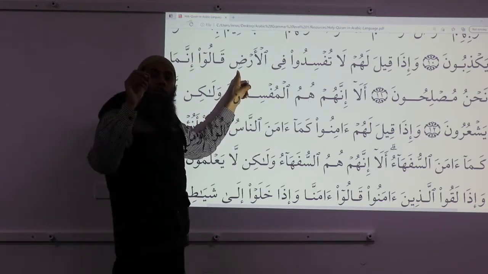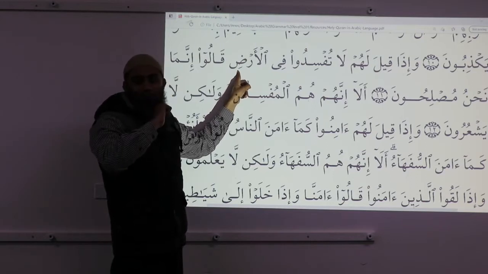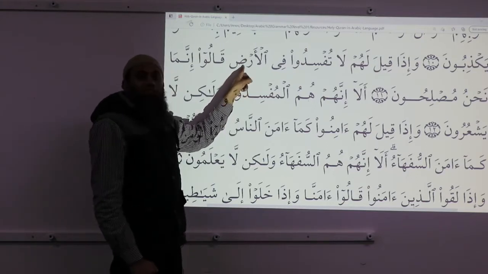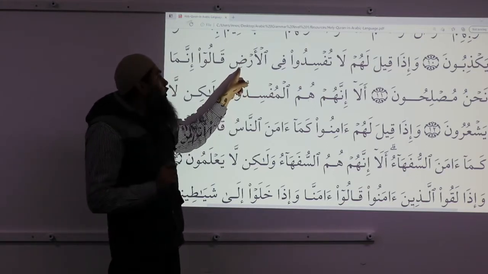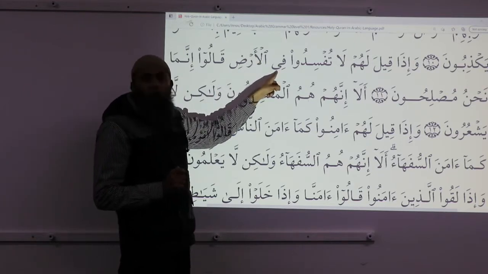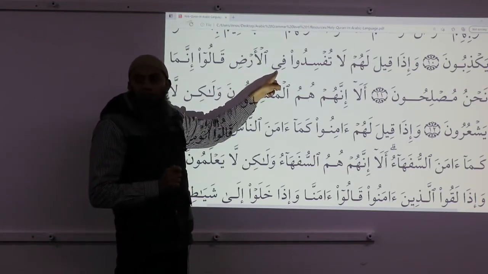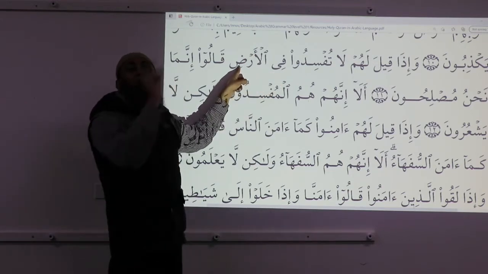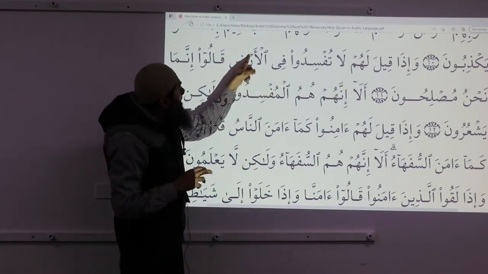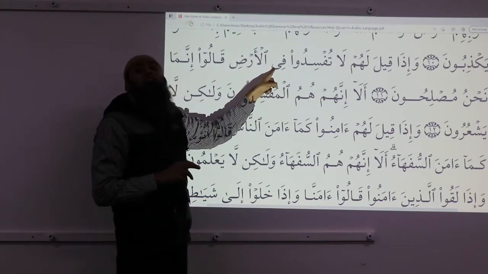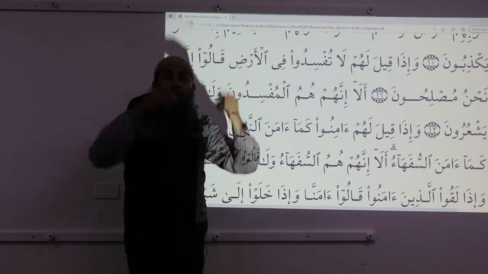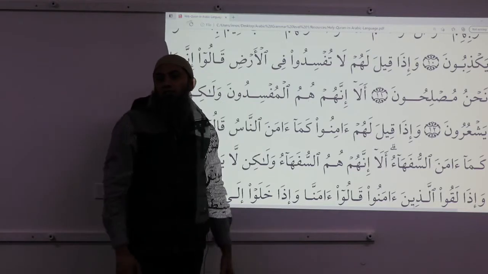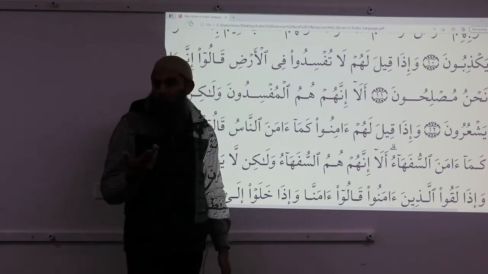Let me give you a simple tip. Whenever you see an ism in jar status, look at what is before it. What is before it? And what is fi? So it's a murakkab jari. Let's suppose when you look before it and you do not see a preposition, then it has to be mudaf mudaf ilayh. Simple. End of story.